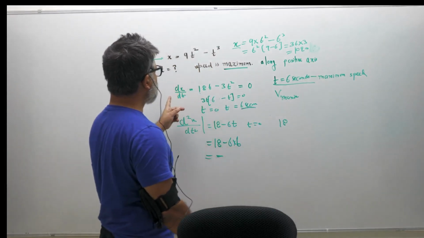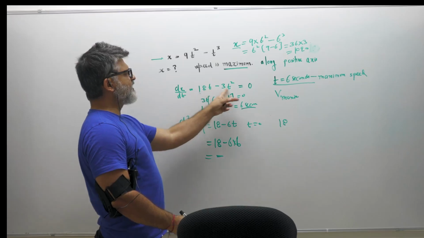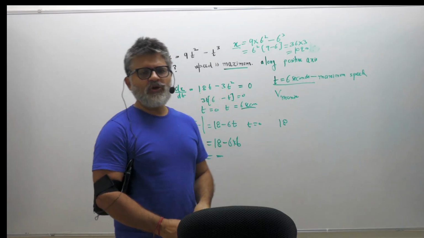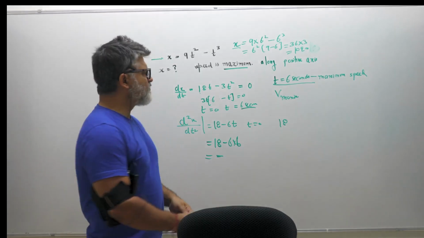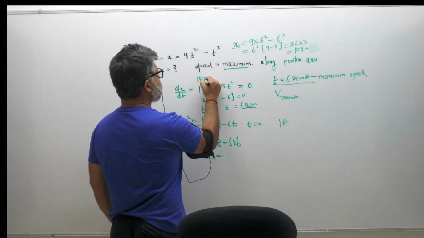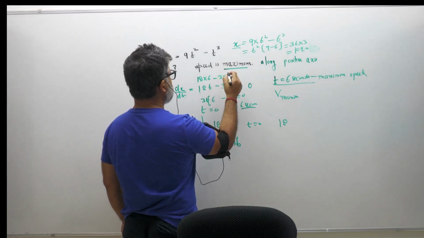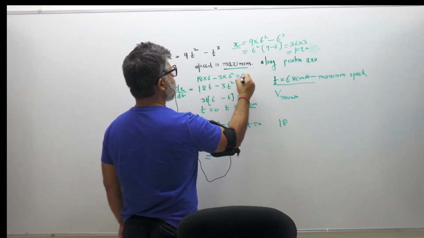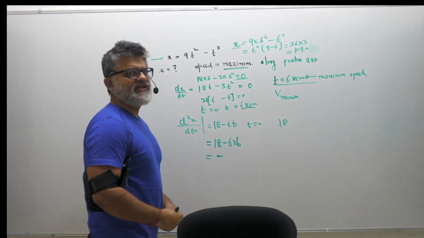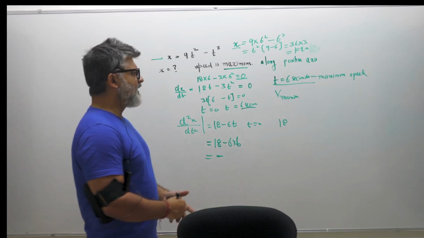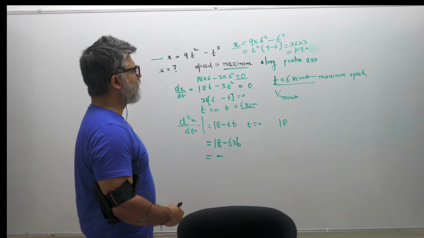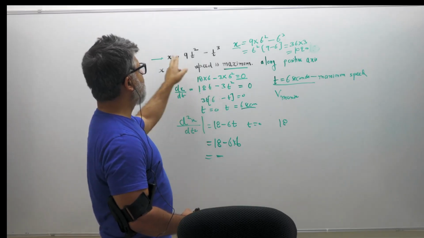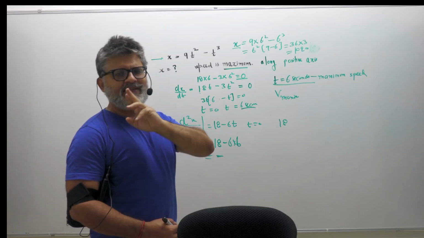The maximum velocity can be found out if you put t is equal to 6 in this expression: 18 into 6 minus 3 into 36. I hope you understood the question. What was the question all about? If I just put 18 into 6 minus 3 into 6 square, I will get 0. So the maximum velocity I can attain is actually 0, which means I come to rest instantaneously at that point. So the velocity maxima is occurring at t is equal to 6, and the displacement that corresponds to t is equal to 6 is this.